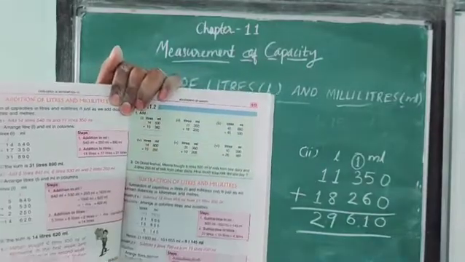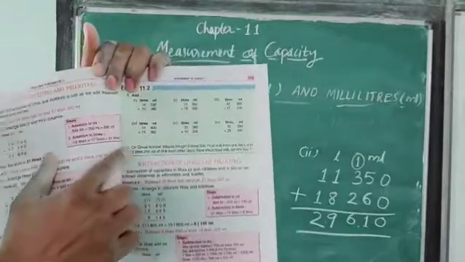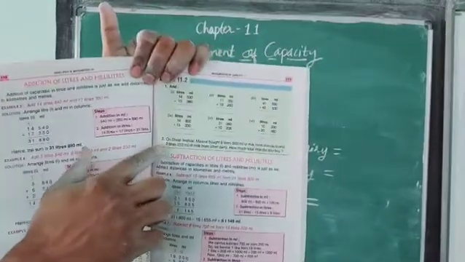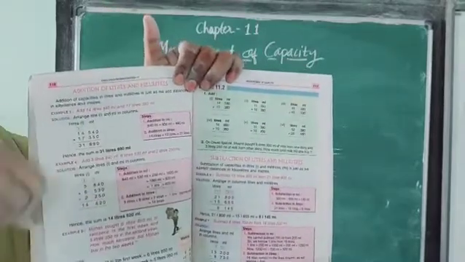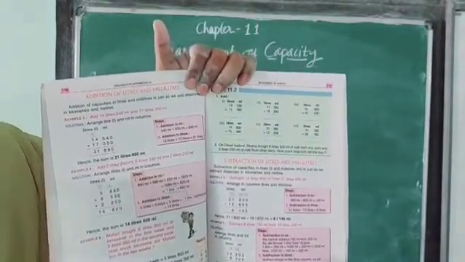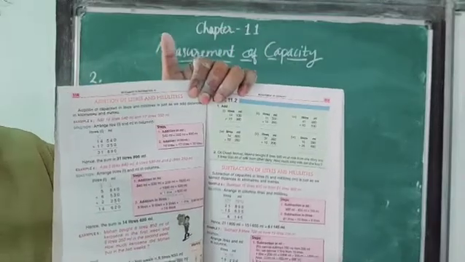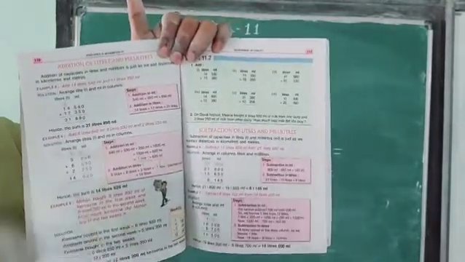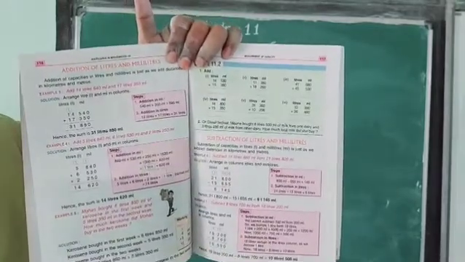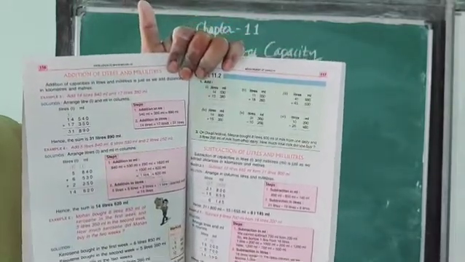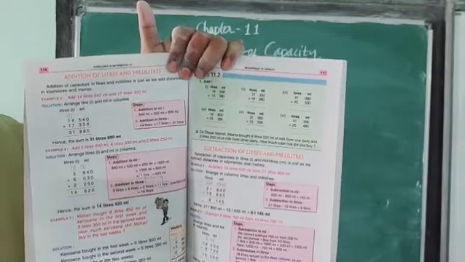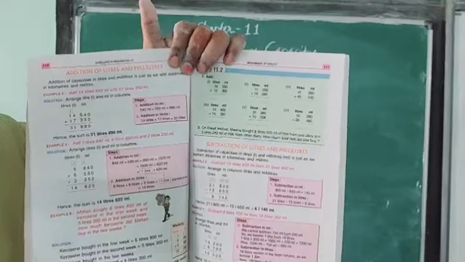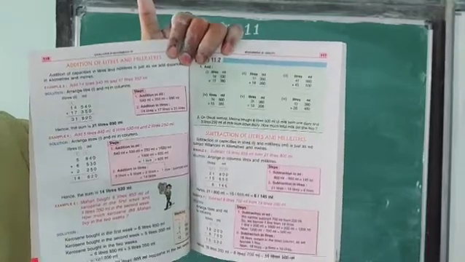Okay, there question number 2 you can see. Students, this is a word problem, so you have to read the question carefully first, then afterwards you have to make words. Word use is compulsory. So read the question carefully. On Diwali festival, Meena bought 8 liters 500 ml of milk from one dairy and 3 liters 250 ml of milk from other dairy. How much total milk did she buy?